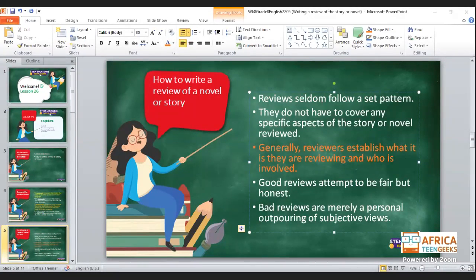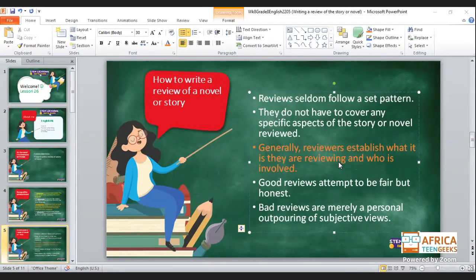Okay, so let us see. We have some answers in the chat. All right, we have Favor Gift saying they need to talk about the characters. That is true, Favor Gift. That is one of the things which will need to be covered. And what this statement actually means is that you need to establish what it is that you are reviewing. Okay, so what this means is this. It means, is it a